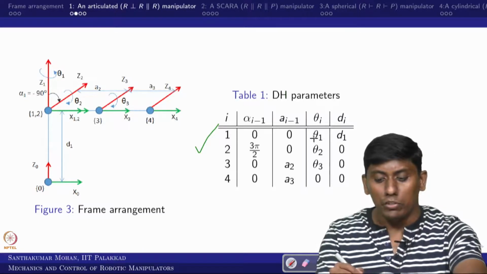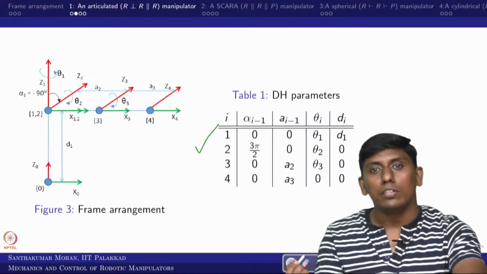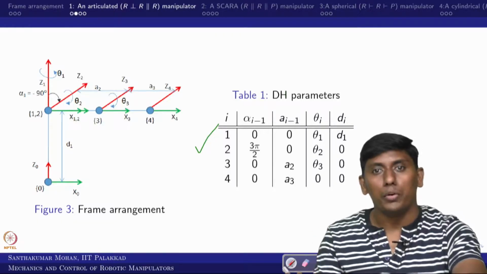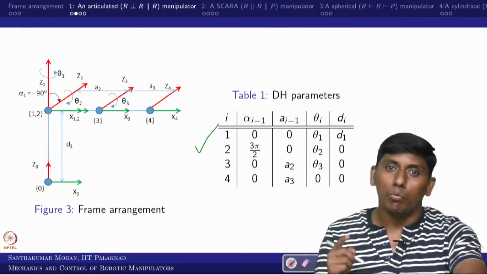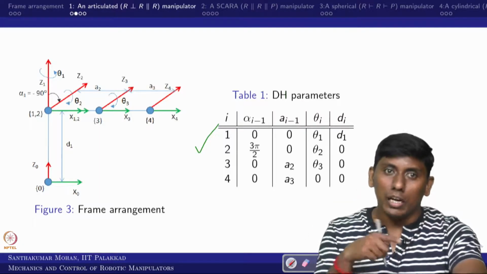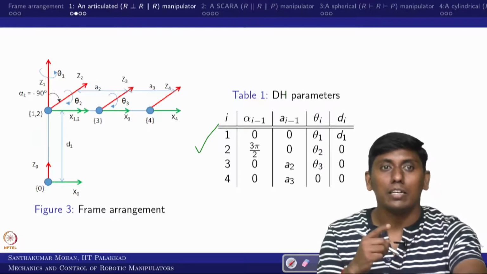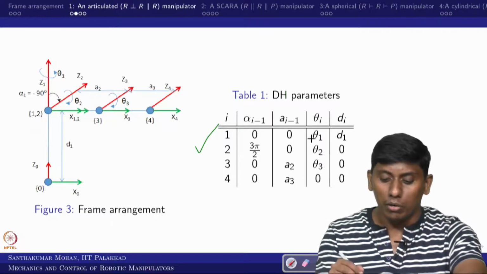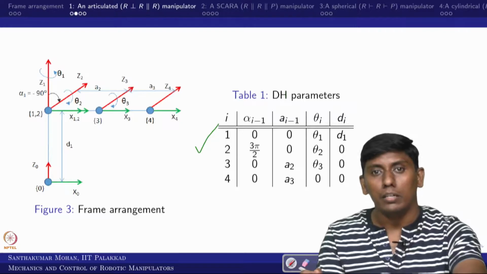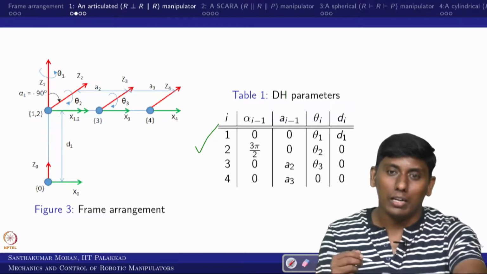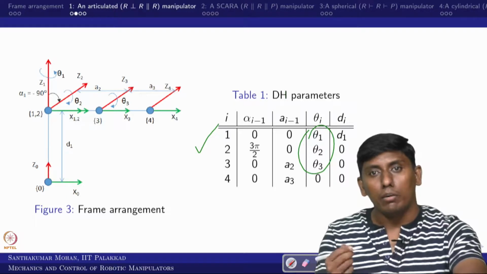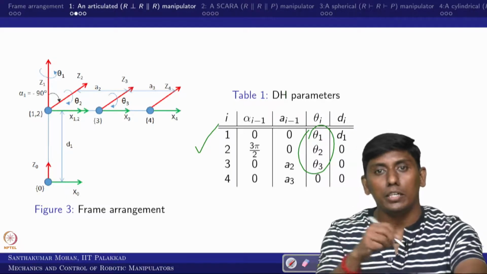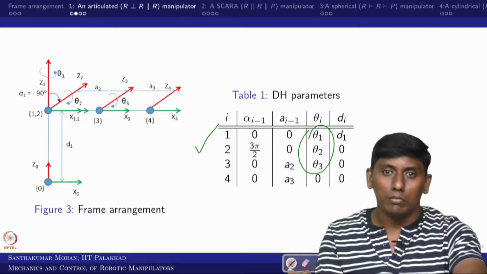The only thing is I did not put zeros anywhere, because 0 plus theta 1 would give theta 1 only, right. But you have to keep it in your mind. Theta 1 is the active joint. That is not realizable here, but that is actually the power joint. That's why we are putting theta 1 as a variable. In this particular case all 3 thetas are variable, okay. Now we will see this, we can put it in the matrix, what would be the transformation matrix.